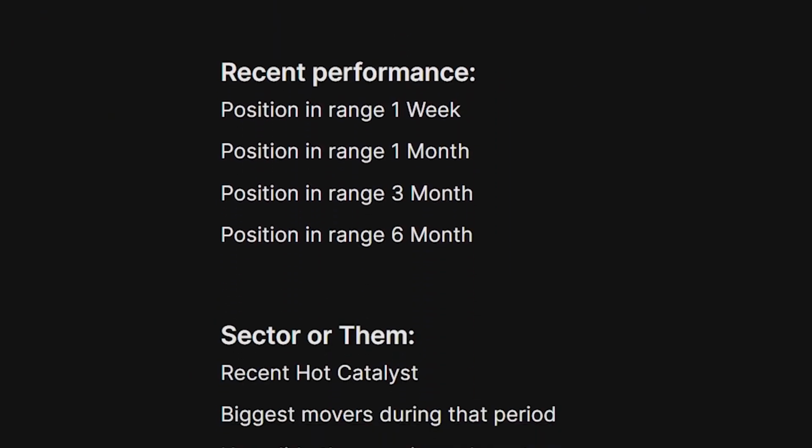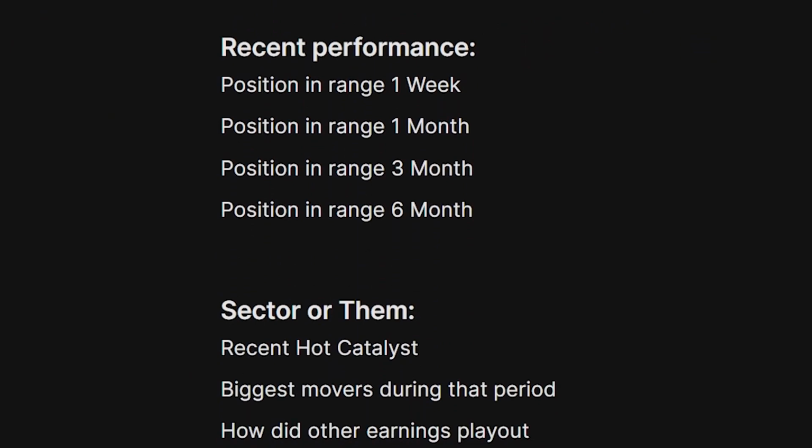When it comes to how the stock is performing going into the EP, what I think is important to track is the position in the 1 week range, position in the 1 month range, position in 3 months, or position in the 6 months. So this could seem a little complicated or annoying to track, but all of these EPs are normally going to be at the top of their range. That means if the stock has a range of 3 months, it's going to be near the top of that range. So it's important because you can discredit or eliminate a lot of earnings that are not going to fall into that category,